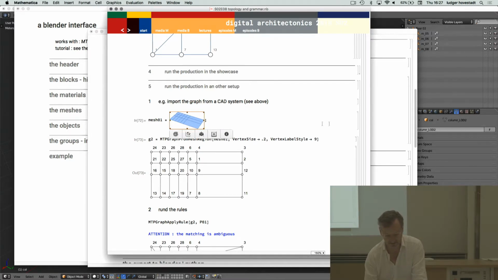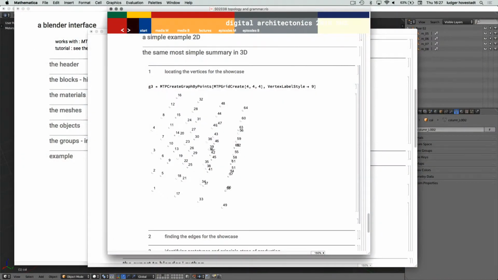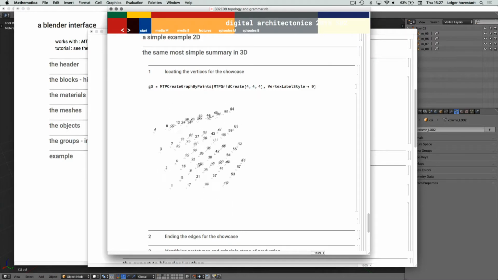You have a mesh, put it on the table, run your rule, and you have it. Got the idea, yeah? And I don't need to change any code. Now it's here in 3D. It's exactly the same. So you create the things in 3D,